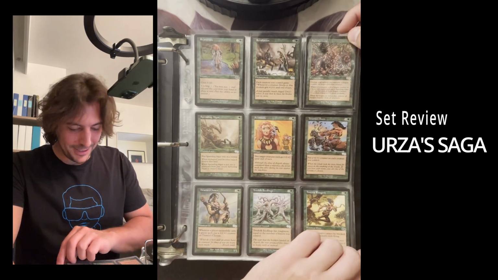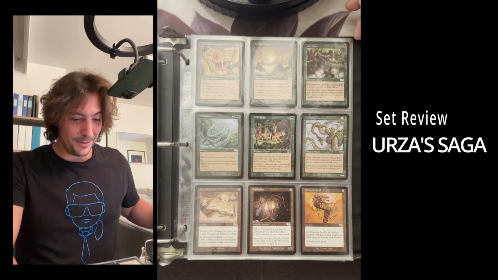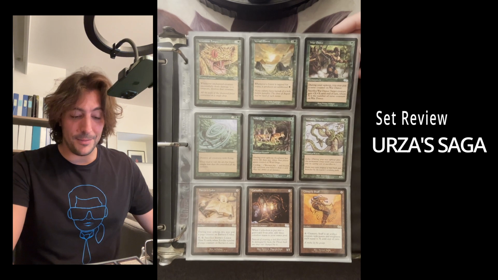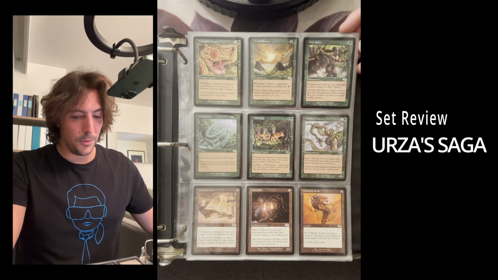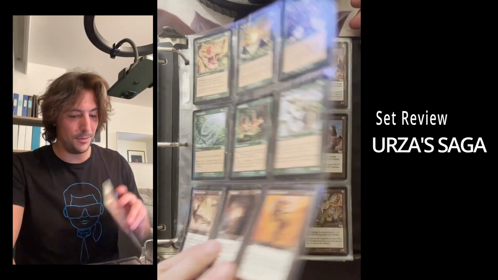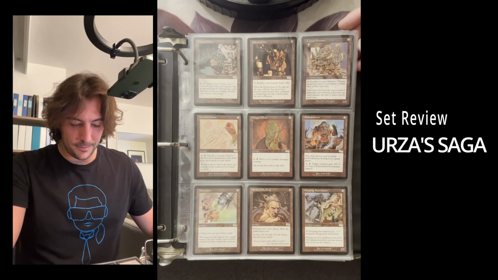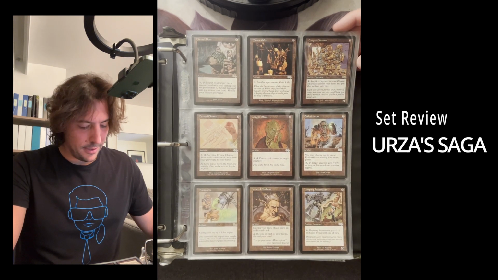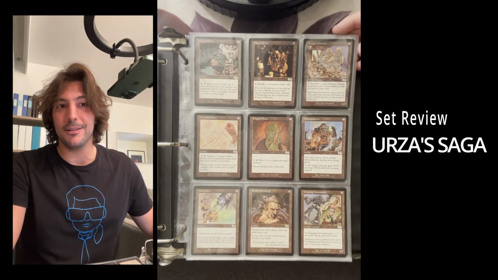Forgive me for taking a little time. I'm really rediscovering them as I haven't gone through it in a long time, and I'm happy to share the set with you. I'm not that well acquainted with the whole lore and everything that went on during the saga. I believe that Urza was on journeys across planes to learn stuff. He was fighting with his brother, and then recently we had the Brothers' War set,